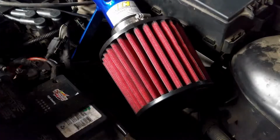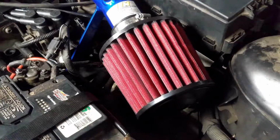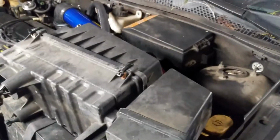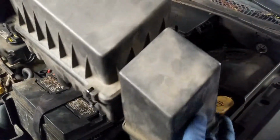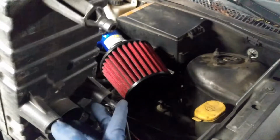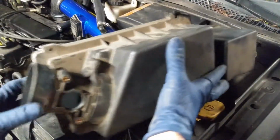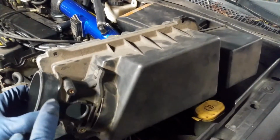And basically this would have a stock air filter. I do have the stock filter right here. Let me zoom out of that. It's just going to sit up. The way you're going to do it, you're going to lift and pull it up. It's just going to have these three bottom tabs that are in the grommets. And then you're going to have an 8mm